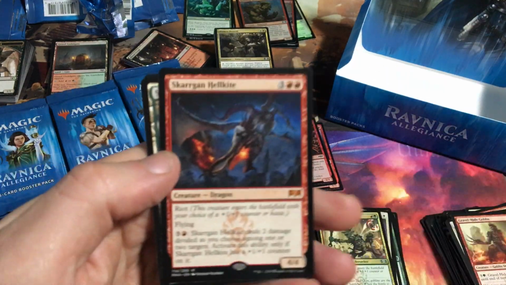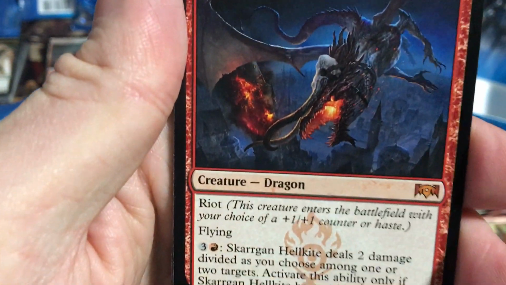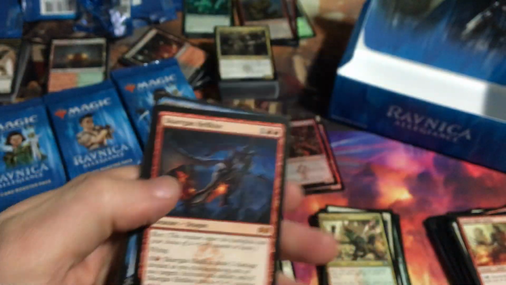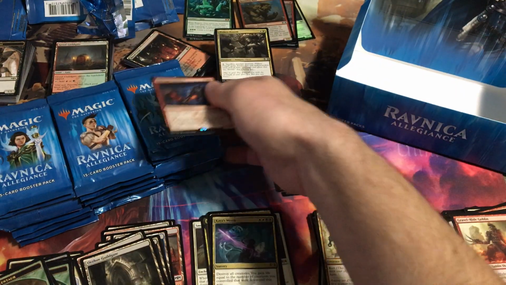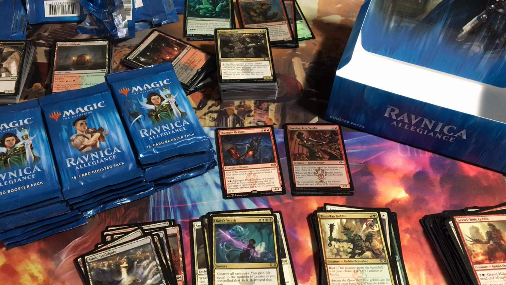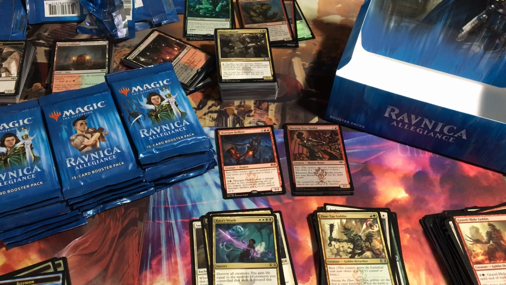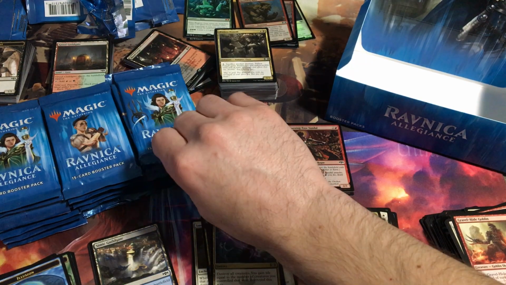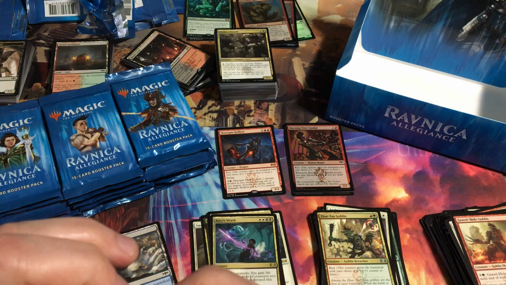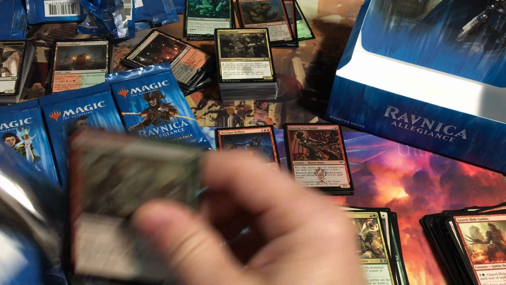Okay, our first mythic. It's a dragon. Ooh, it's flying at me. All right, Skarrgan Hellkite. He has jumped up to about 10 bucks. I'm happy to pull one. You never know with dragons. I don't think he's nearly as powerful as some other dragons that we've seen in the past that got mainline play. But people are going to be playing with it, brewing with it. We'll see where he lands. 10 bucks for a mythic. Pretty happy about that. Glad to have one. Didn't pull any this weekend, so...